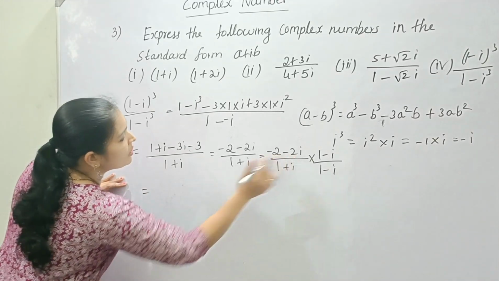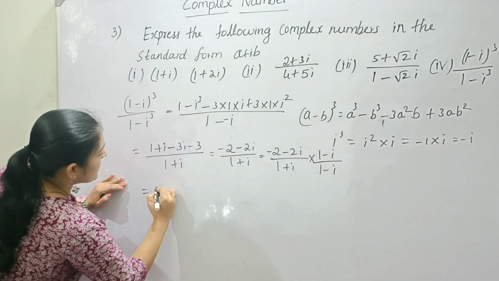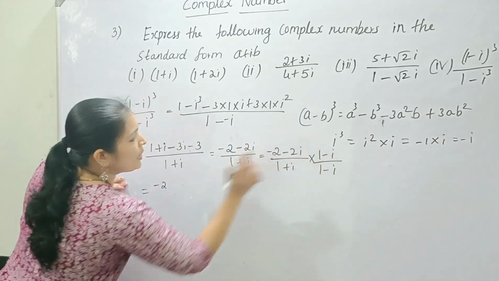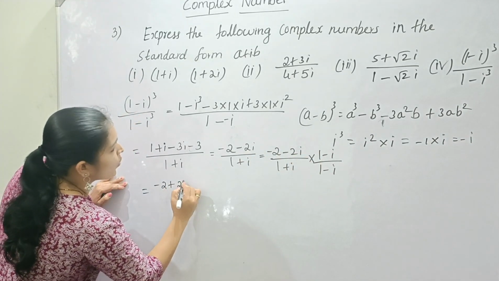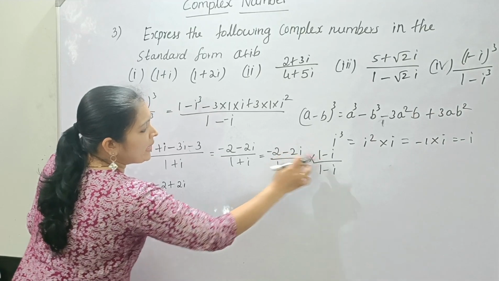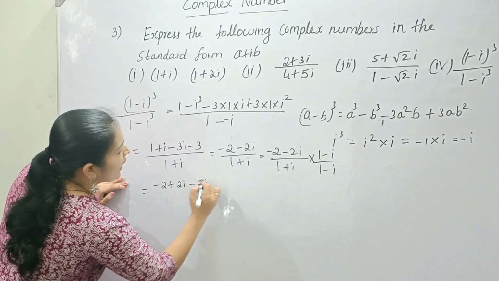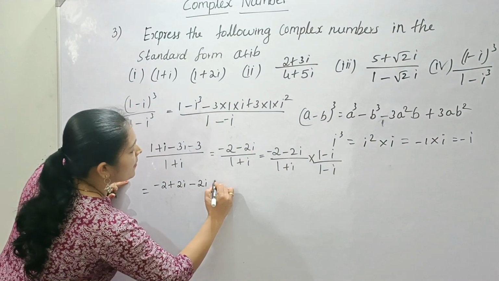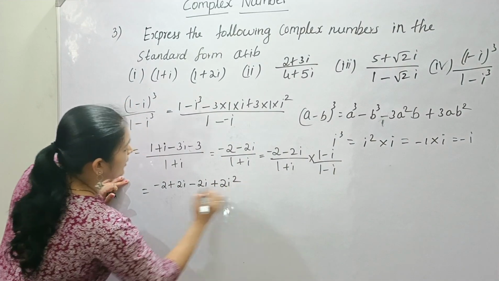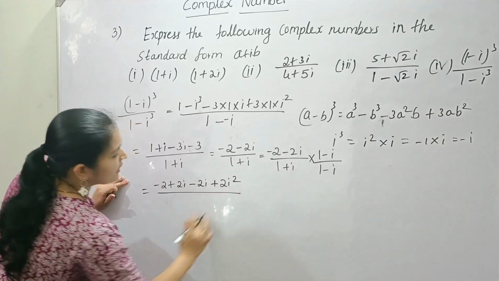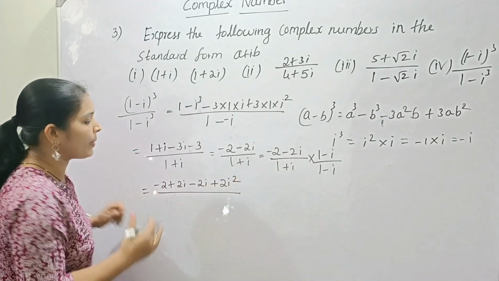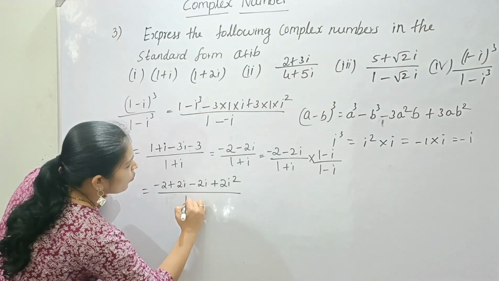That is equal to, here expand, minus 2 into 1, minus 2, minus 2 into minus i, plus 2i, minus 2i into 1, minus 2i, minus 2i into minus i, plus 2i square, divided by, here it is in the form (a + b) into (a − b), that is nothing but a square minus b square, that is 1 minus b square, that is i square,